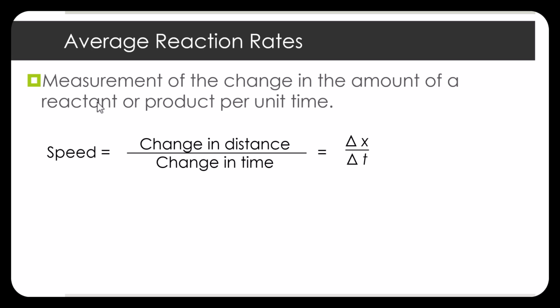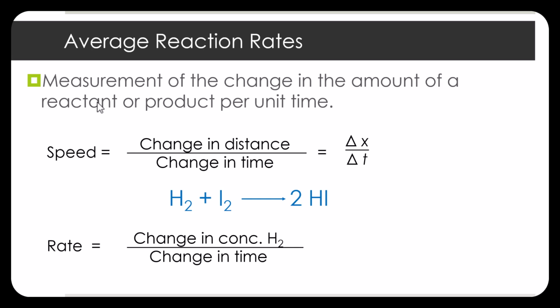So when we talk about the average reaction rate, the bottom of this equation is going to be the same. So some given amount of time. It could be seconds, it could be minutes, it could be days, it could be years, but some given amount of time. And then on the top, we're going to monitor the change in concentration. So for the last two chapters, we've been talking about concentration. That is one thing that holds true for this chapter as well, we're still monitoring the concentration of our equations. Okay. So the average rate of a reaction is going to be the change in concentration